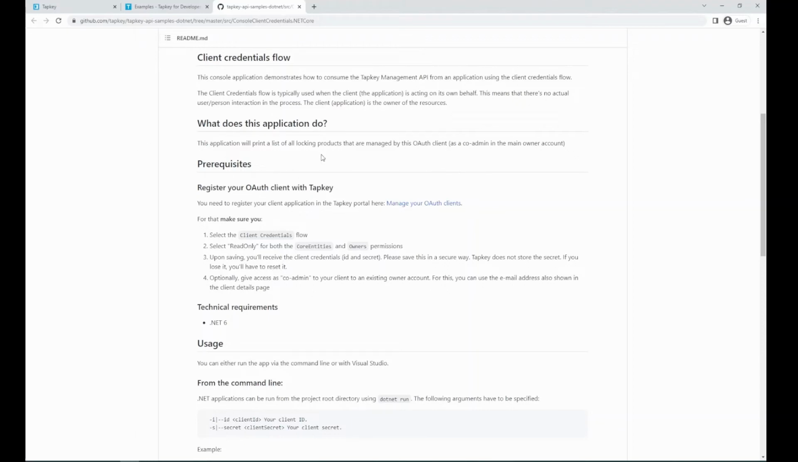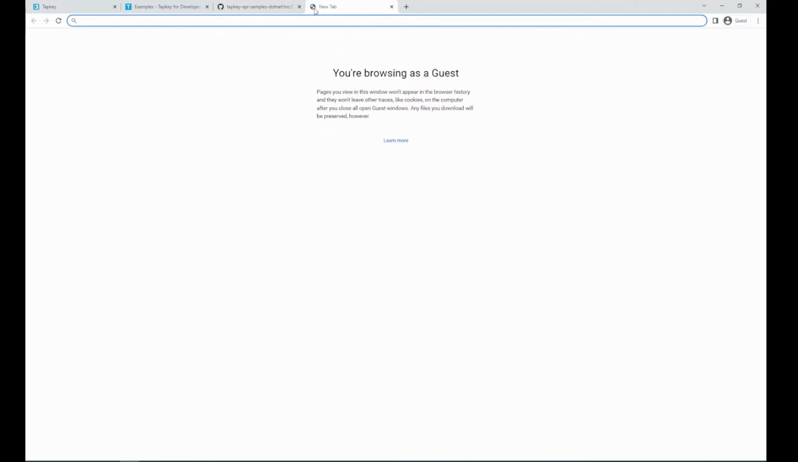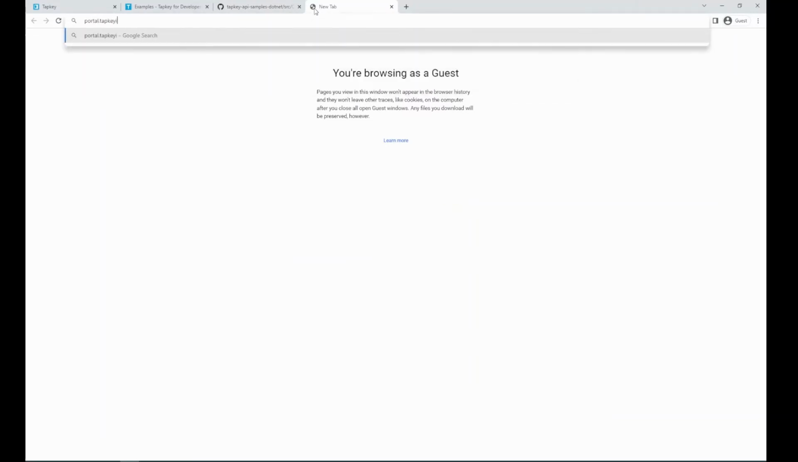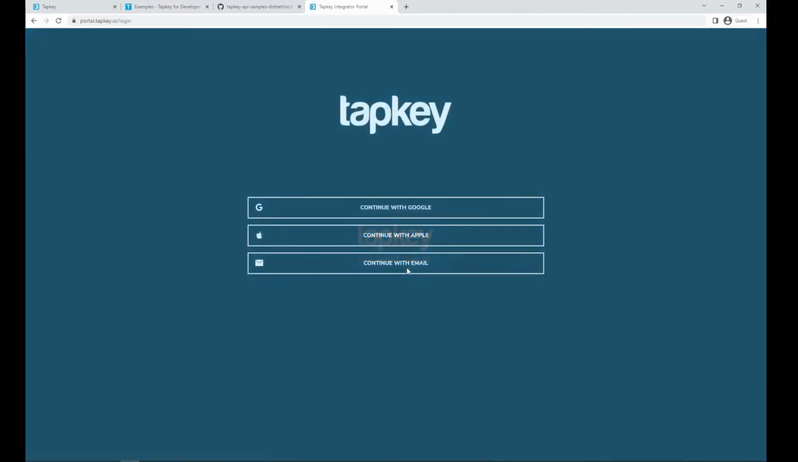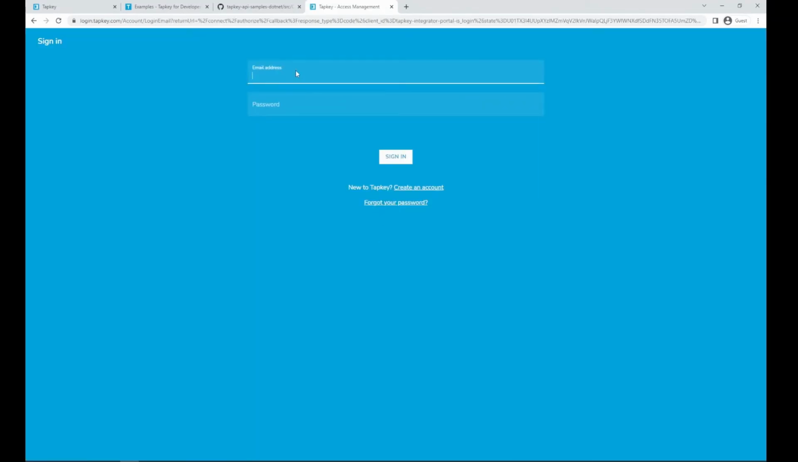Let's have a look at the prerequisites, and if you remember correctly from the presentation, the first step is you need to register your OAuth client with Tapkey. We do it in the Tapkey integrator portal, which can be found on portal.tapkey.io, where we log in with the account that we just logged in with in the Tapkey web portal. So I continue with my email, log in,